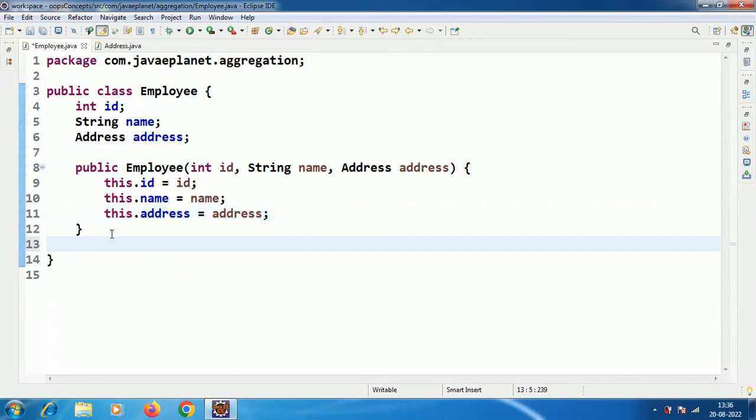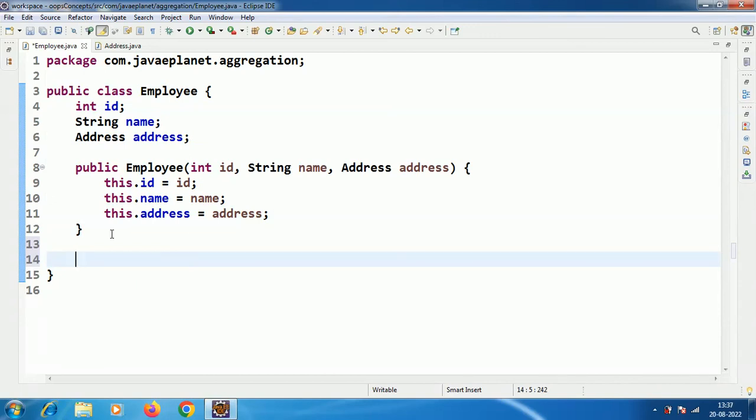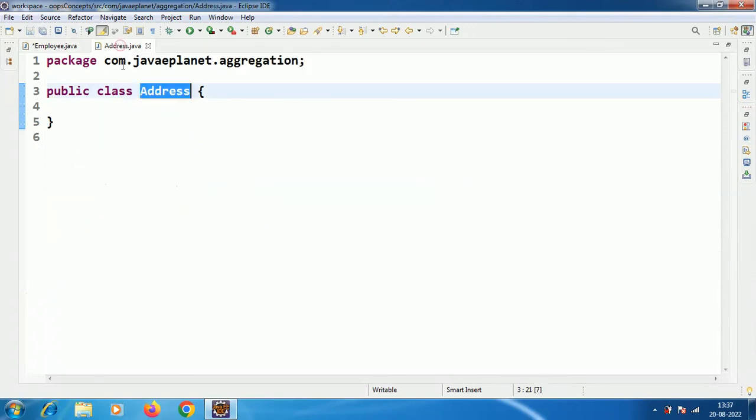The main purpose of this example is that I am injecting the address class into the employee class. That means the employee class has an ID, name, and address. What I am doing here is, in the address class, I am taking